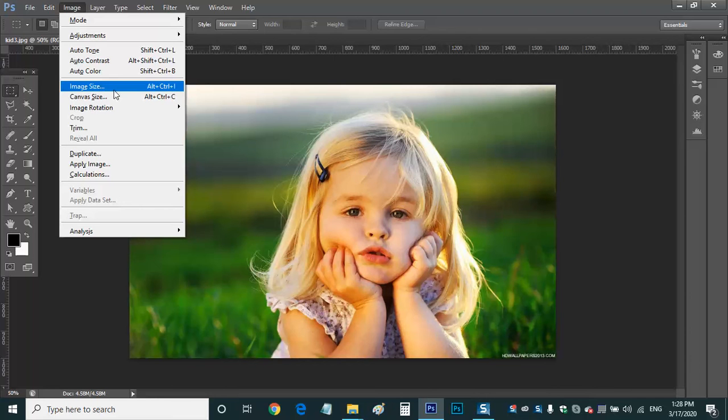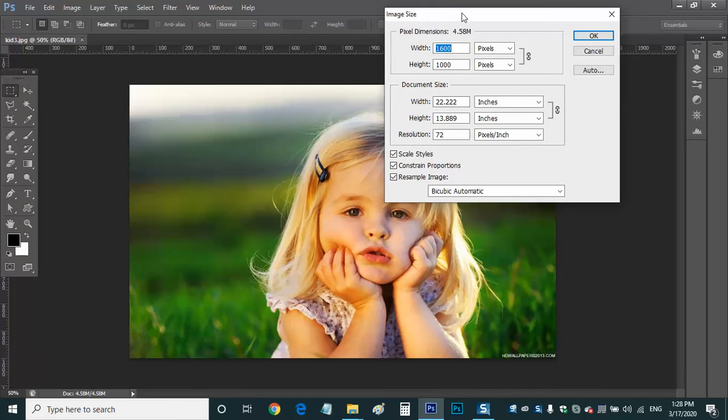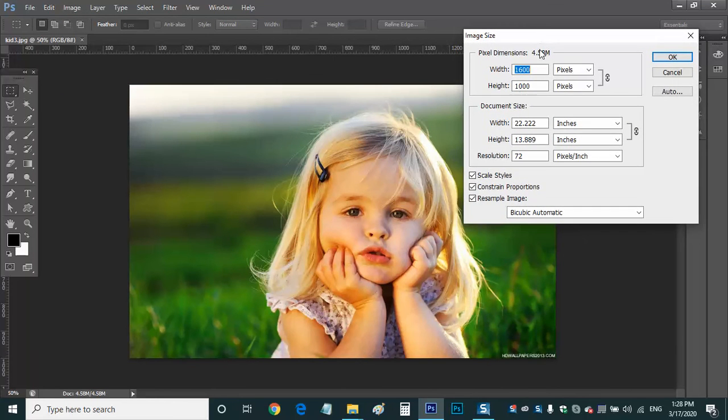When I click on this, you will get a dialog box here. You can see it is showing the size now. By using this Image Size, we will know the size of this image, the picture size, as well as the picture resolution, which is important whether you want to use it in print media or online media. Now if you can see, there are Pixel Dimensions here, and there is one more thing called Document Size here. This Document Size is showing some measurements, and the Pixel Dimensions are also showing measurements.